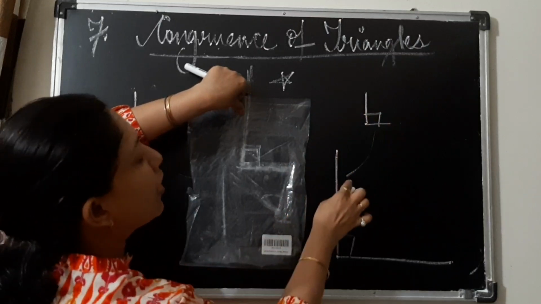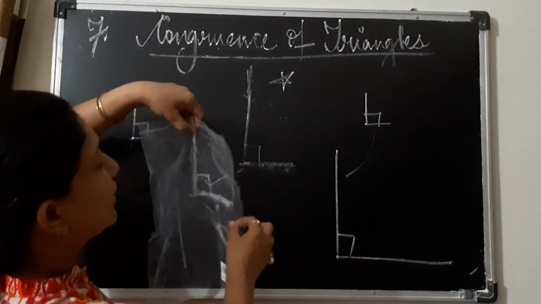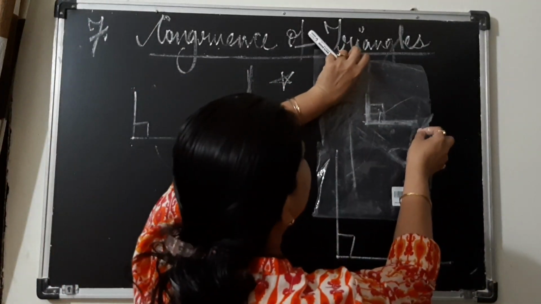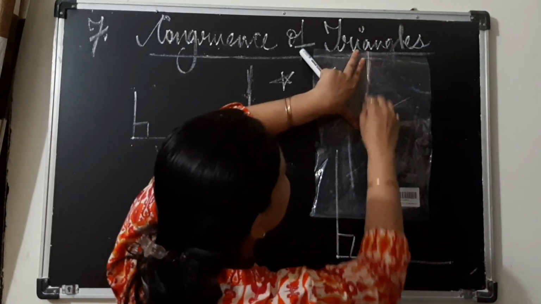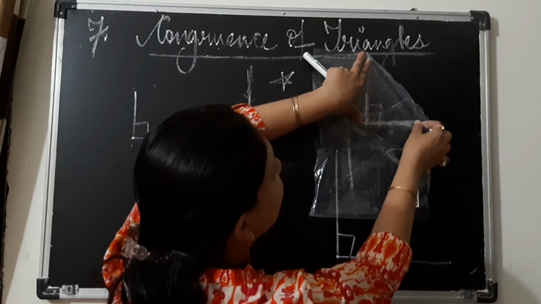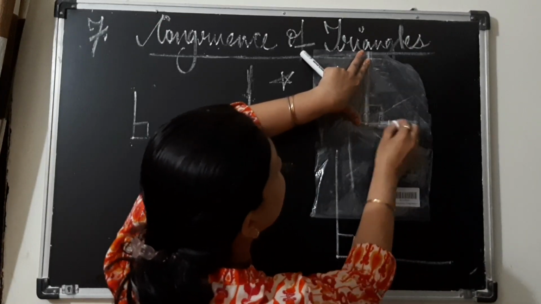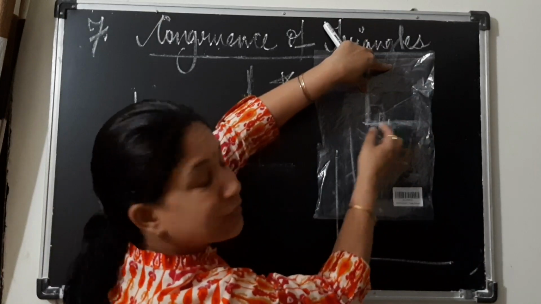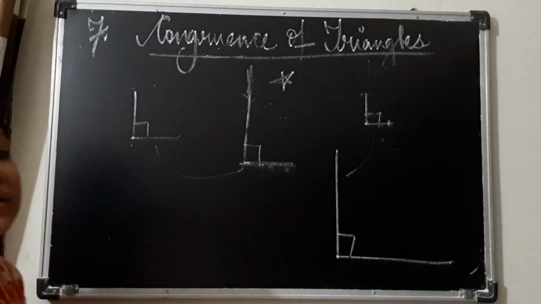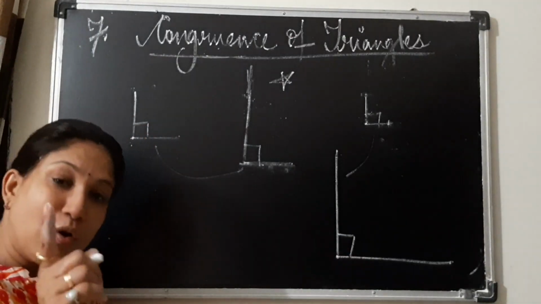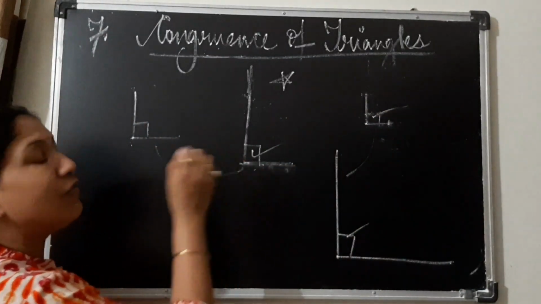Now you will say, ma'am, what about these two? You can compare with the same trace copy, because I know that here I have drawn a right angle. See here, this one is the trace copy, and where is my other angle? See, it is so small. This line is getting over here where I have placed it. The figure below is such a small figure, but still it is exactly over this. So from here we see that when we have to check the congruence of angles, we only check the measurement of the angle irrespective of the size.